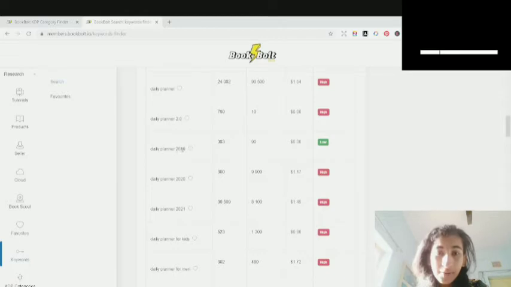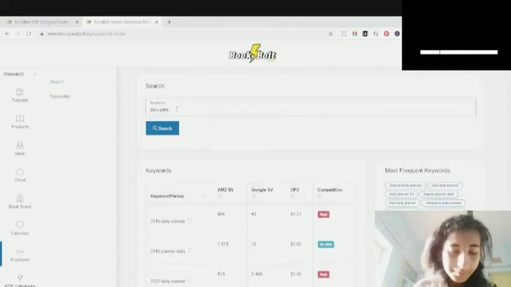Since it's targeting 2019, you can target it as 2021, but you can see the daily planner 2019 is having low competition, and it's pretty much having a good search volume as well, so you can target this. But since we want to target daily planners 2021 or 2022, you can change the year over here. Again, these are having great competition, you can see.